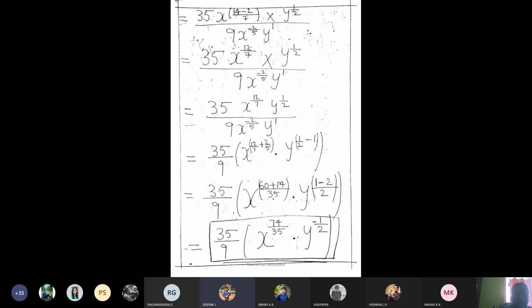In the next step, the x will go up, no, sir? Yeah, if you are taking it up, just change the sign. Yes, sir. I got it. But why does 9 not go up, sir? Generally, the law says only variables you can take the inverse. If you take 9 upwards, you will get 1 by 9. 1 by 9 you have to convert.